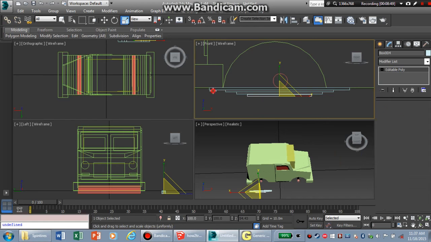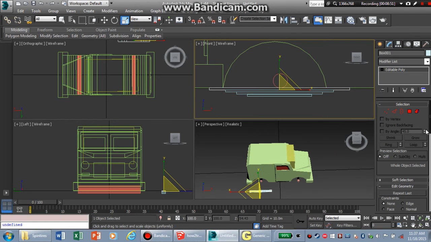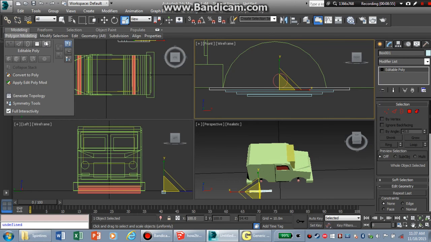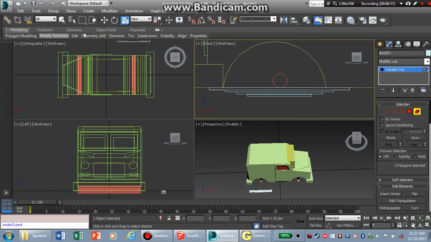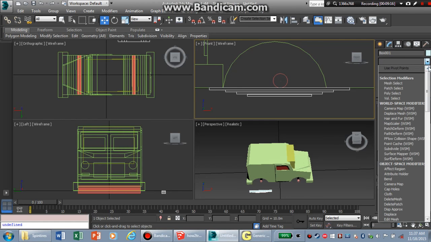I'm going to click this first one I had, box 1. And I'm going to come over here to polygon modeling. Click the box. Then I'll go to geometry and click attach. I'm going to click each one of these little boxes I made. And go back to geometry and unclick attach. What that does is turn this all into one piece. Okay? Now that I've done that, I can apply a bend modifier,